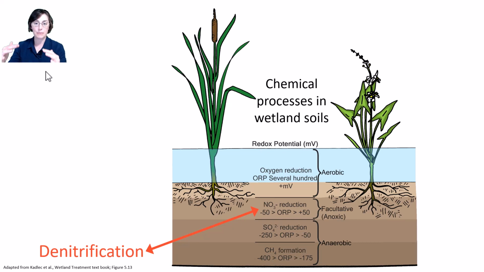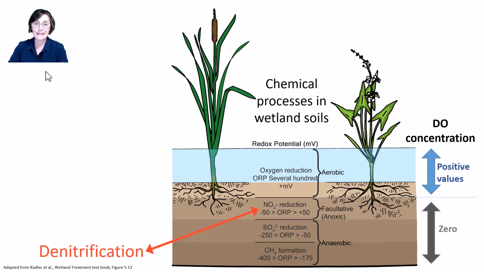As you get deeper and deeper in that wetland soil, in this example, you get increasingly reduced conditions. These ORP ranges get more and more negative. Remember, you can't go less than 0 DO, so this illustrates the usefulness of measuring and understanding ORP. For example, as you go down, you see the types of processes change from aerobic processes, where you still have DO in the water and the redox potential is the most positive, to nitrate reduction, which is denitrification, where our redox potential hovers right around 0, from negative to positive 50 millivolts, to sulfate reduction and then methane formation, which are both strongly anaerobic processes and have much more negative redox potentials.